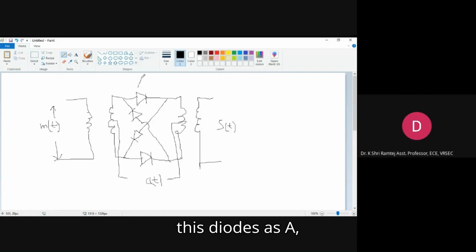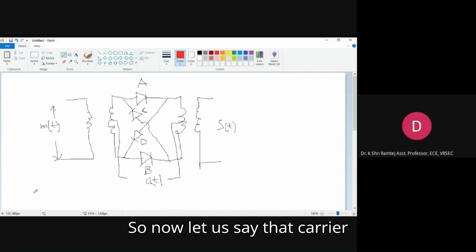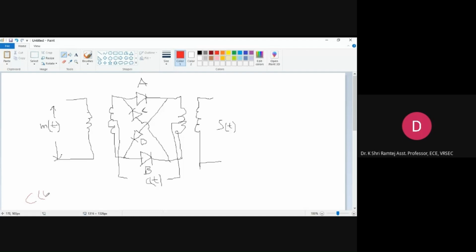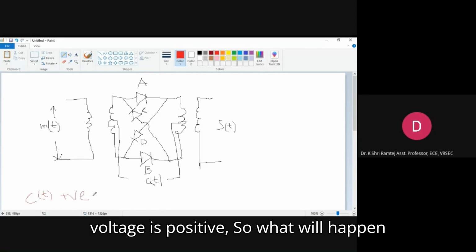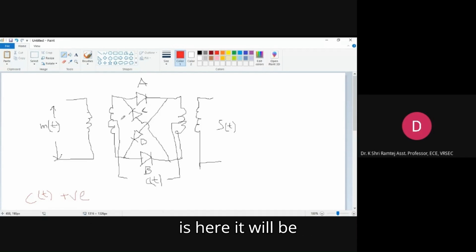So let us name these diodes as A, this one B, this one C, and this one is D. So now let's say that the carrier applied is positive. So if the carrier voltage is positive, so what will happen is here